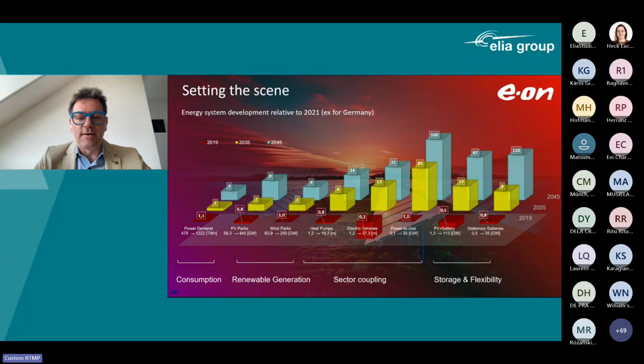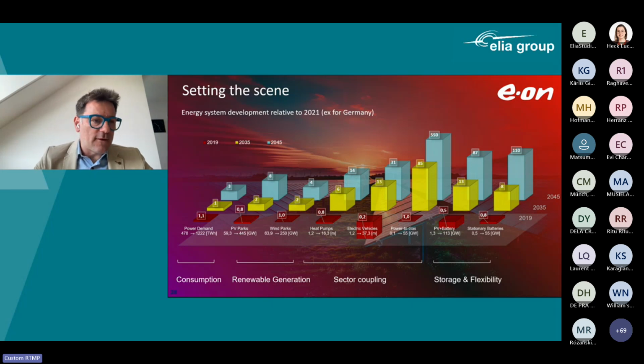And if you move again, one particularly important topic is storage and flexibilities. So we know that electricity is hard to store, but we can use PV and battery systems as well as stationary batteries to supplement the energy at times where, for example, there is no wind or no sun. And there you see that the number of actors and the capacities involved will be increased basically 100 times. And that's basically setting the scene.